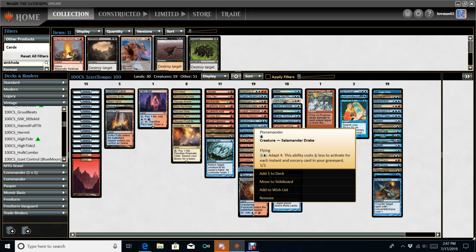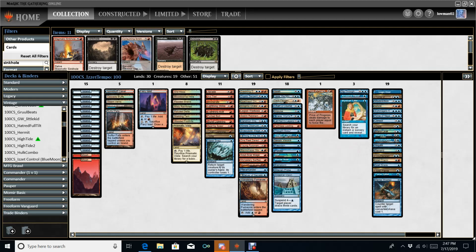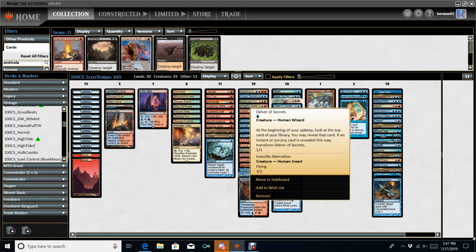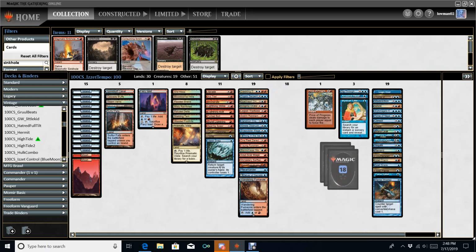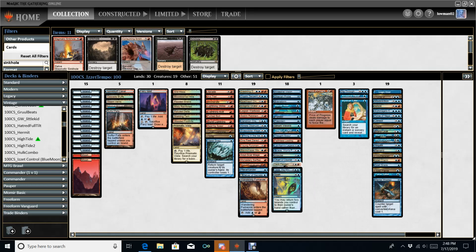Terramander, 1/1 flyer. Generally speaking, for 1 to 2 mana in this deck, it's going to become a 5/5 flyer, which is pretty big. Delver, just good. Played on turn 1, and generally speaking, it has a pretty high probability of flipping in this deck. As you can see, we have a significant number of non-creature and non-land spells. It's 11, 18 plus 4,